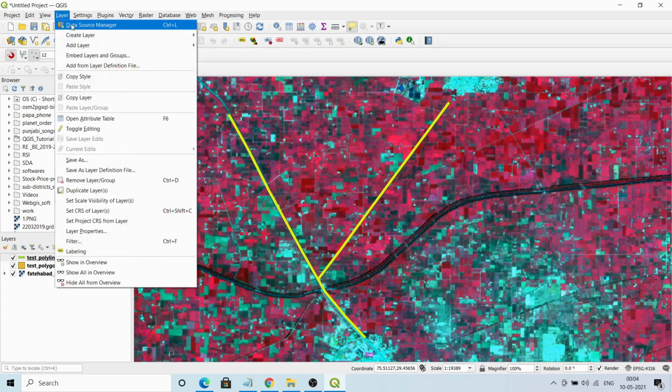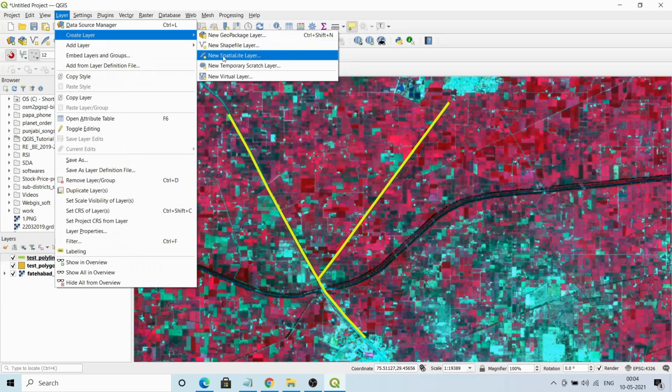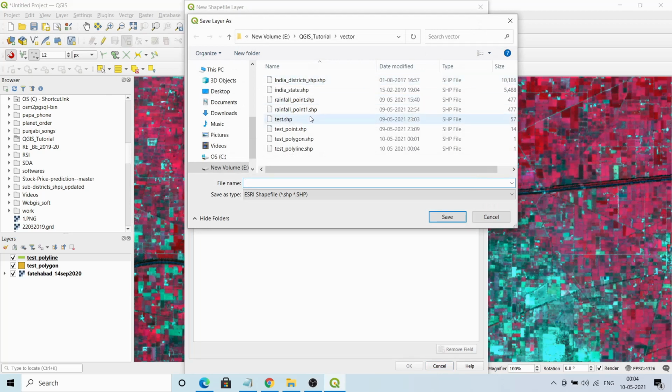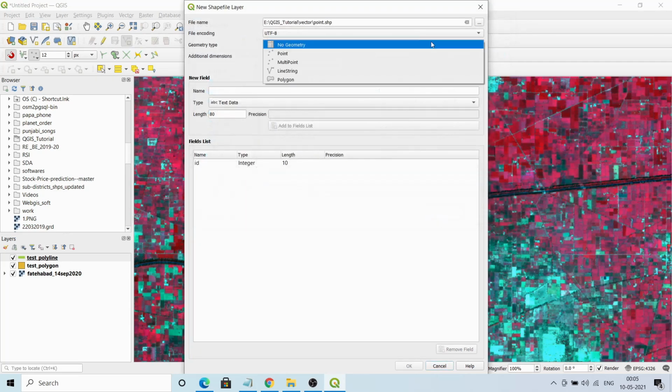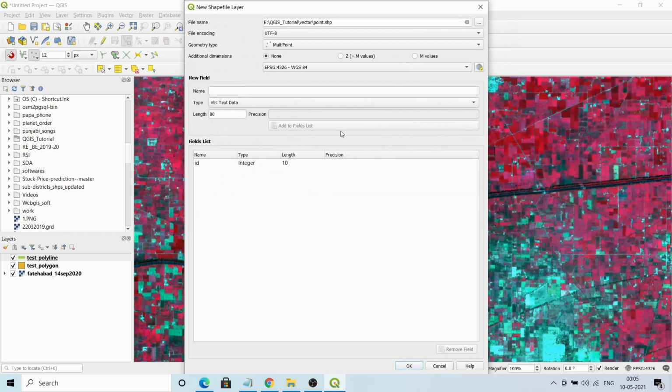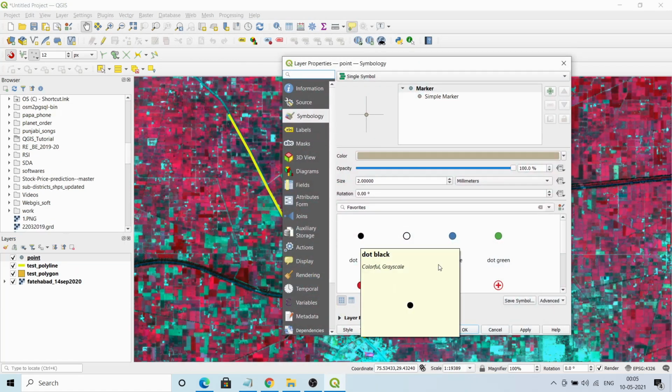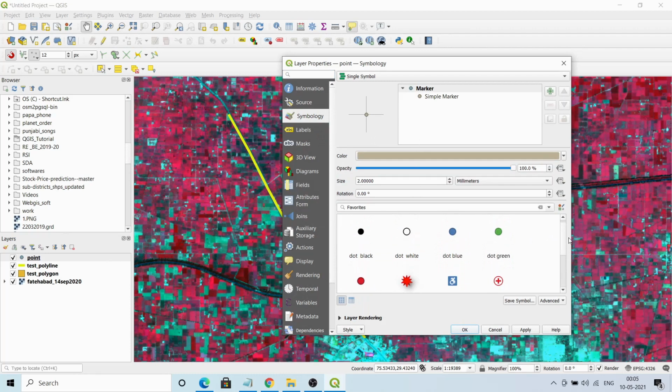Now another layer, we will create a point layer. Create layer, new shapefile layer. The name: point. We'll select multi-point, give a name like before, add field. Change the symbol of this first. You can give, suppose